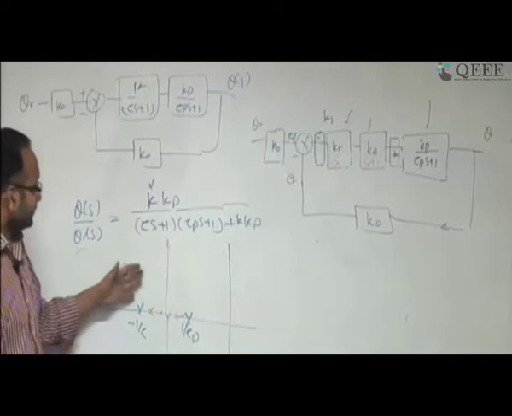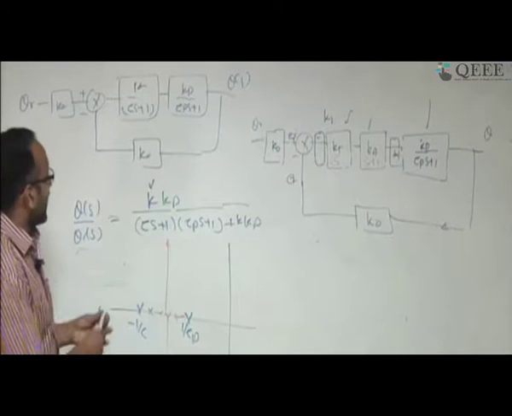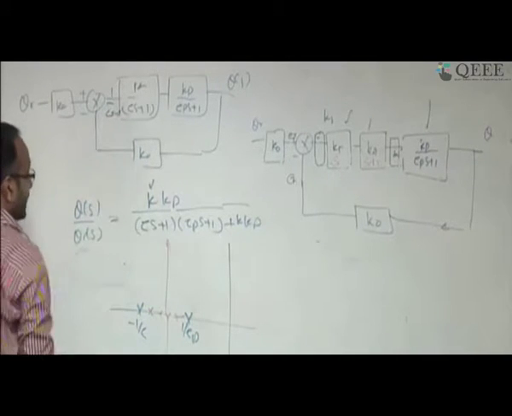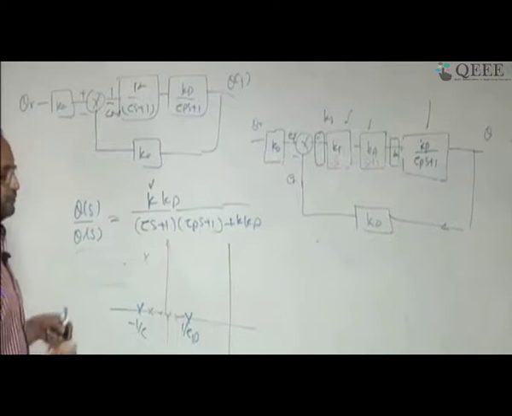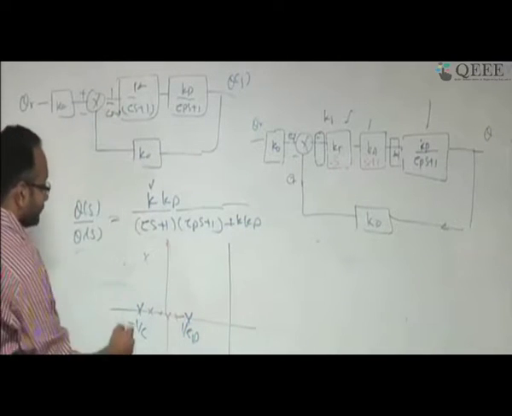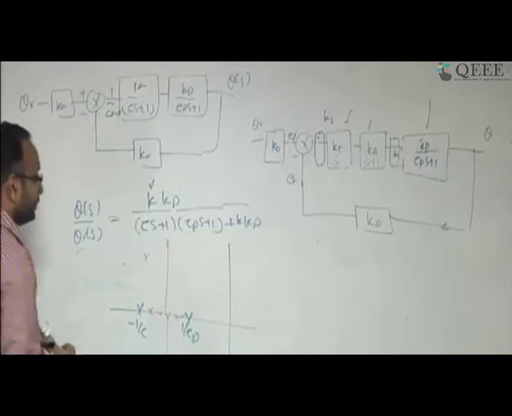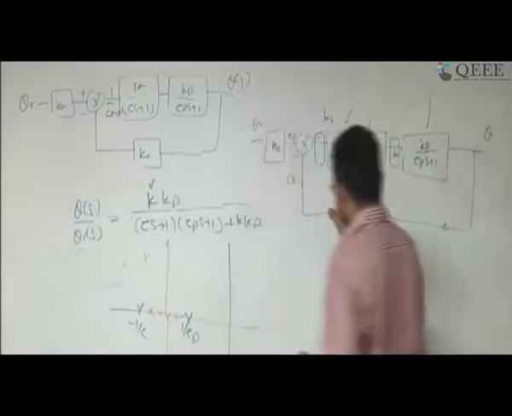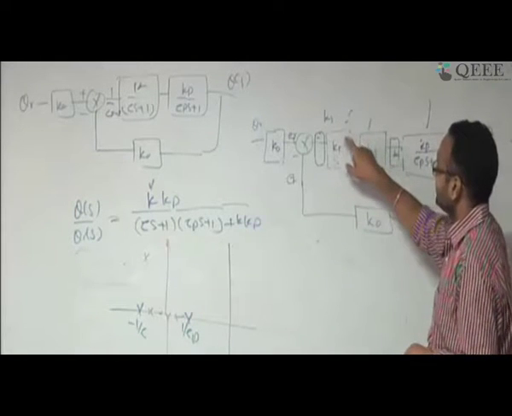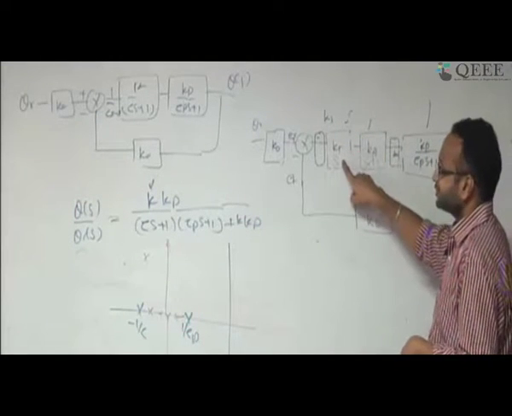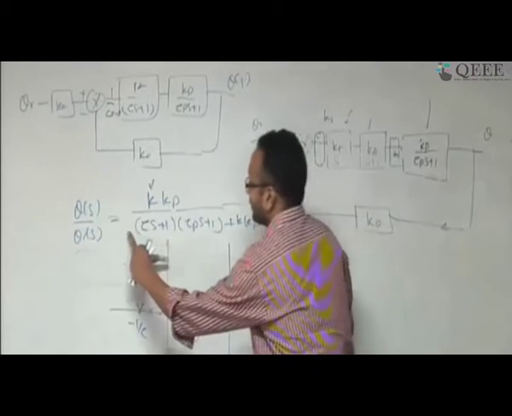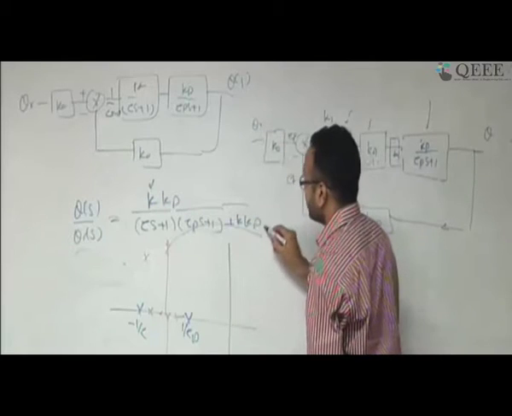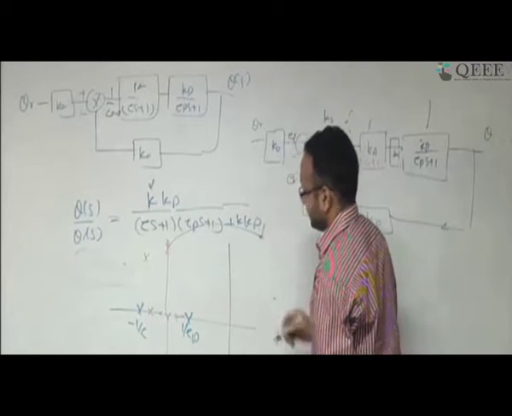And if I add one more 1 by tau s plus 1 here, what happens? The third pole also will be there. It will move. If I keep one more tau s plus 1, there will be one more pole. So as we take the more realistic situation, where the system is not zeroth order but some first order or second order system, the entire order of the system has increased, and in this case there is a good chance that one of the poles will come on this side, the right half plane.